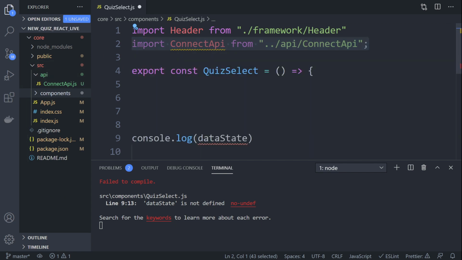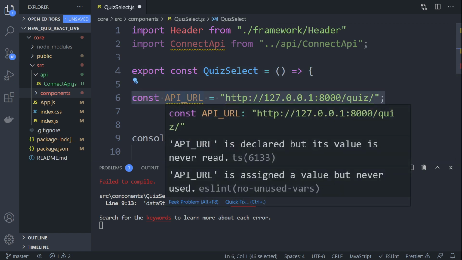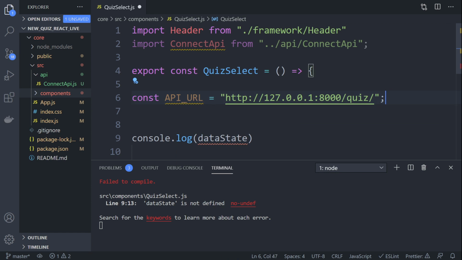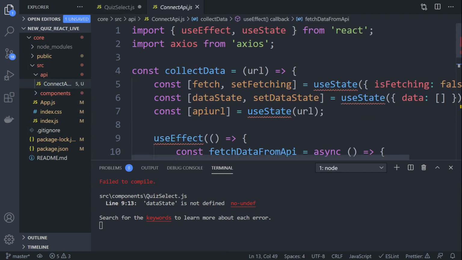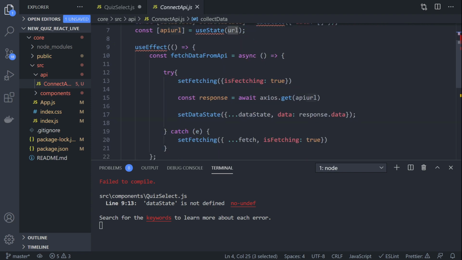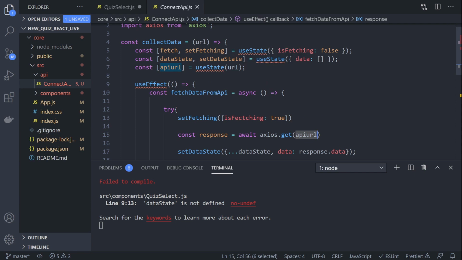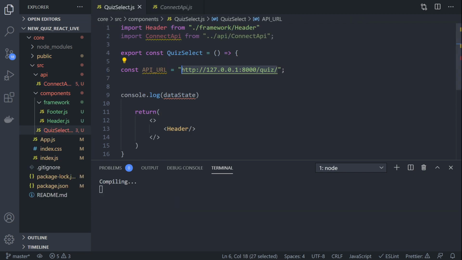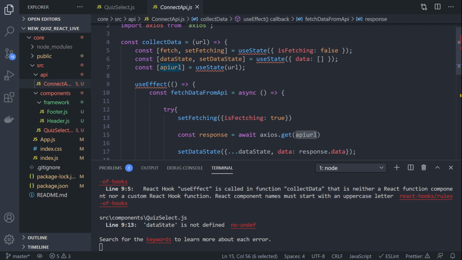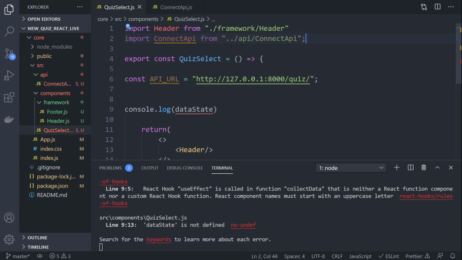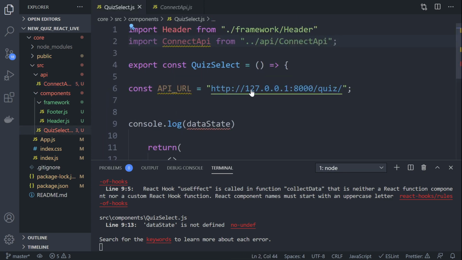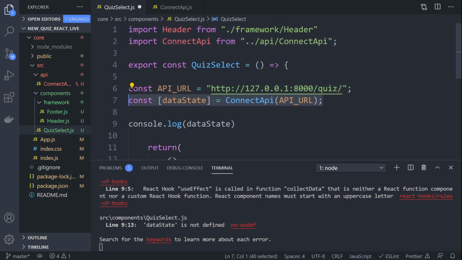So I import that in, and then I go ahead and just create this variable here. So I'm just going to call this API URL. This is the endpoint where I want to collect the data. So that's, remember, that's the data that I want to pass across to my connect. So then I can go ahead and actually get the data and then use that URL right here. So it gets passed across into this state here, and then we can utilize it. So you can start to see how generic this is, because I can just pass any URL across now and look to see if I can get some data. So I bring that in to this component and I set up my URL, and now I can actually then go and